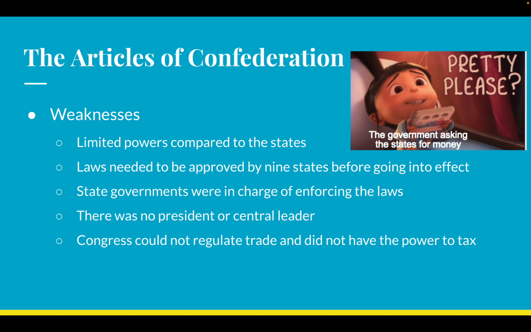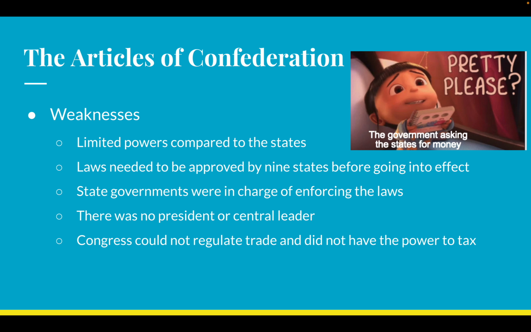And every single state's going to do this math. Every single state's going to realize I could not pay and someone else might pay for it instead, and then I still get the benefits. That sounds like a pretty good deal, right? They're essentially getting stuff for free. The problem is everyone's going to think this way, so nobody's going to pay their taxes, and the government's going to be broke.